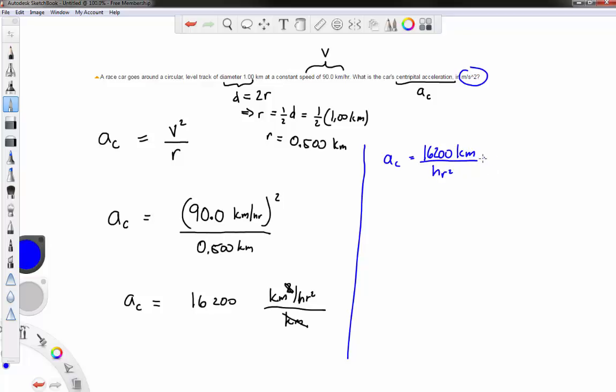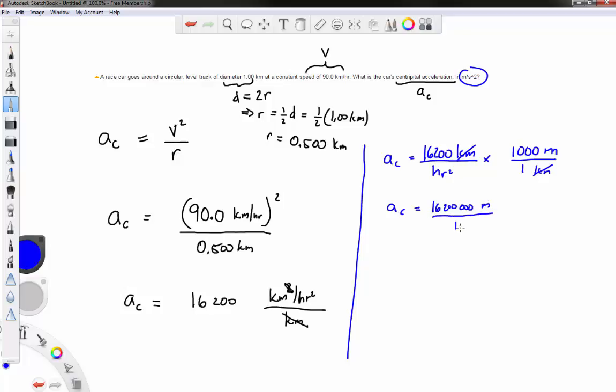So I've got to convert the kilometers into meters. So there are 1,000 meters per kilometer. This will get rid of the kilometers, and 1,000 times 16,200 is 16,200,000. So a centripetal now is 16,200,000